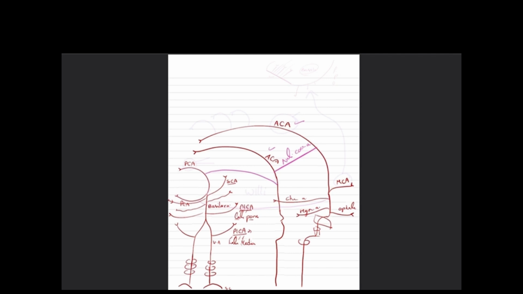And by this, we can see the circle fully. So this is the circle fully, which starts from here, then the posterior communicating, and after that the anterior cerebral artery, anterior communicating, and again posterior communicating from the other side, and the posterior cerebral artery, and here we have the circle fully. Regarding the exact supply of the anterior cerebral artery, it supplies the medial surface of the frontal, parietal,